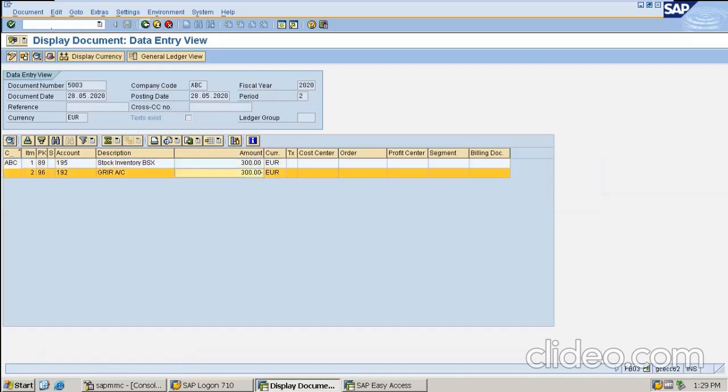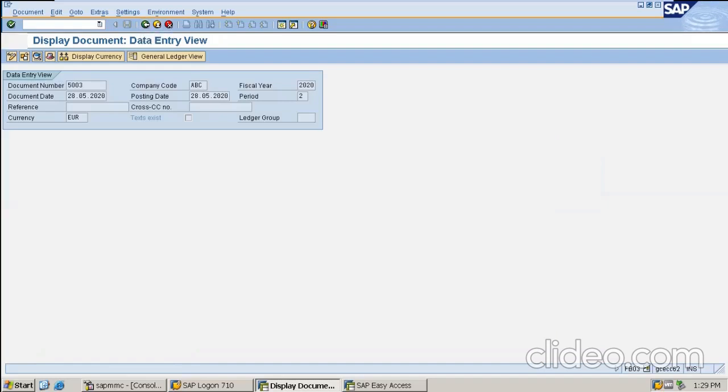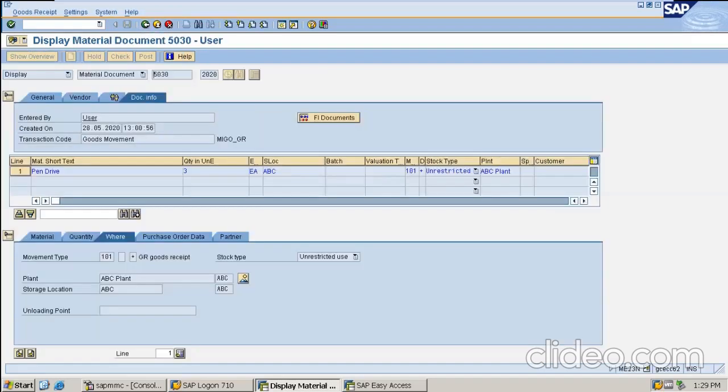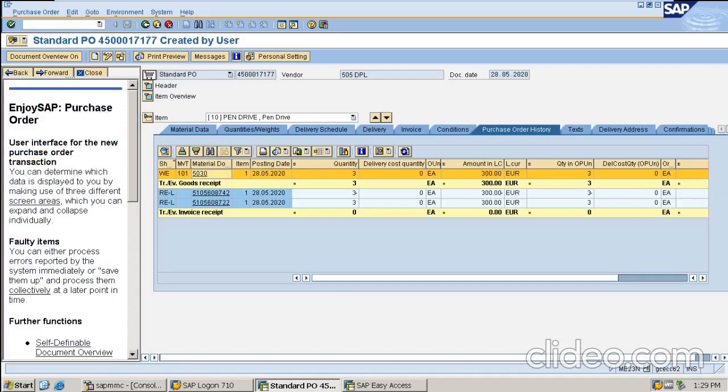Now I'll do a return delivery against the GR. What is the return delivery against the GR? What is the concept of the same? The concept is I have received the goods and the goods receipt has got posted, but due to some reason I am returning these goods to my vendor. Why? There can be thousands of reasons. The reason being, there can be a poor quality of the product, or there can be a wrong product delivered.